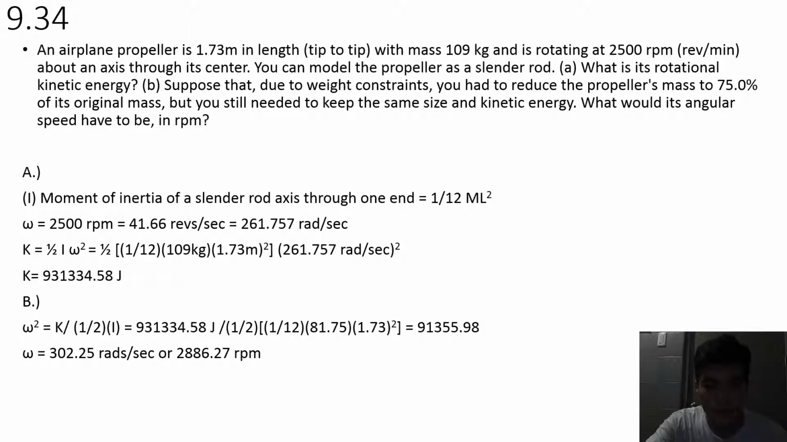B. Suppose that due to weight constraints, you had to reduce the propeller's mass to 75% of its original mass, but you still need to keep the same size and kinetic energy. What would its angular speed have to be in RPM? Rearranging the previous formula to give us the square of the angular velocity, we have to divide the kinetic energy by 1/2 of the moment of inertia. This will give us